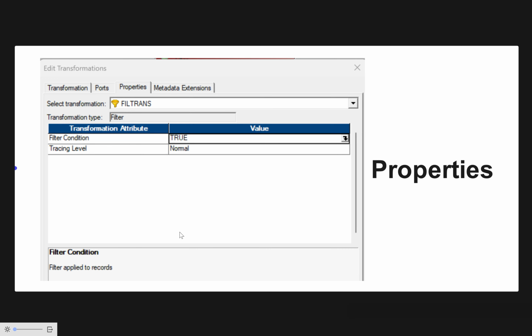Basically, filter transformation works the same as a WHERE clause at the database level. By using a WHERE clause we are able to filter the data based on certain conditions. Same in Informatica also: if you want to filter the data in tables, then we use filter transformation. Now I will show you practically how we can implement this